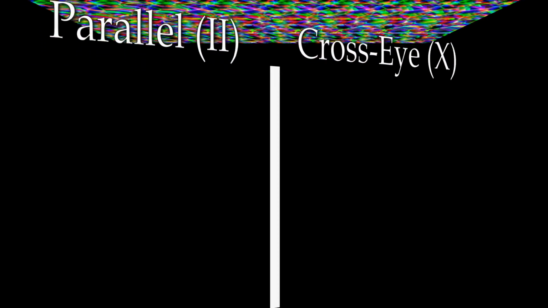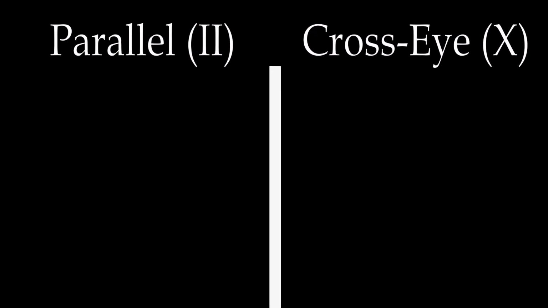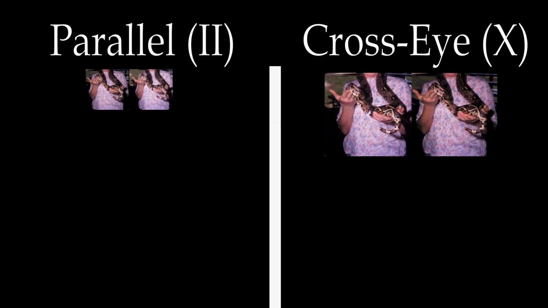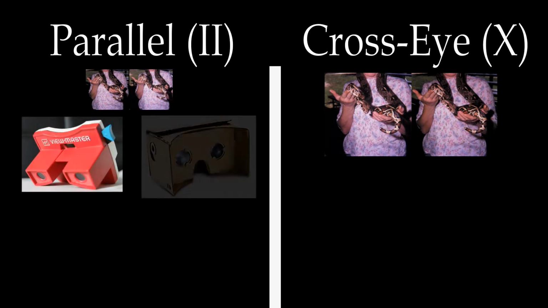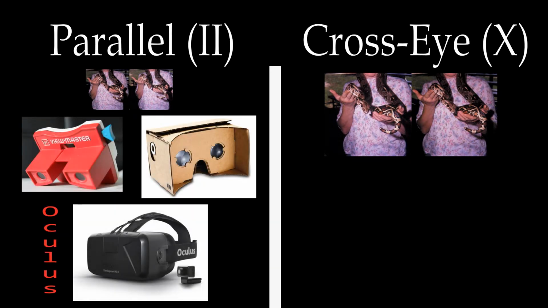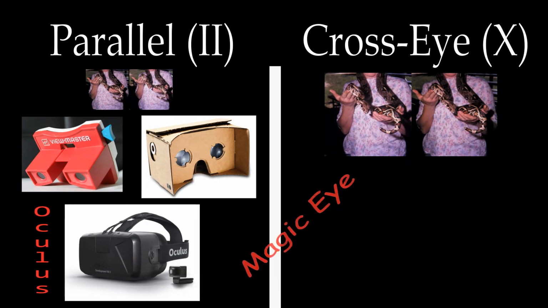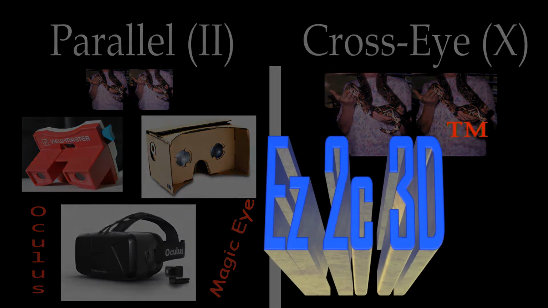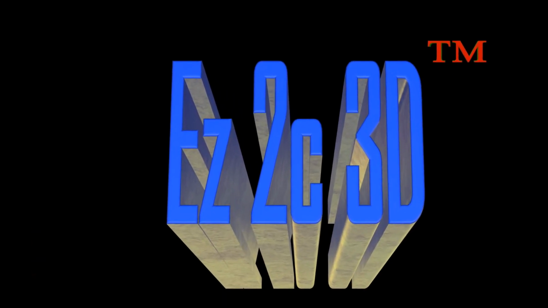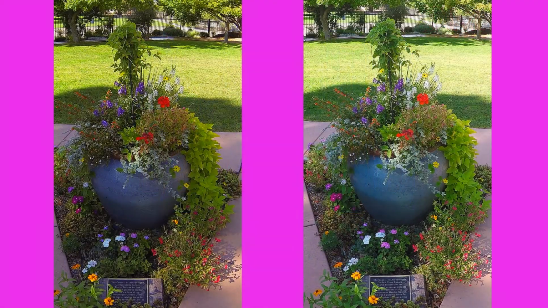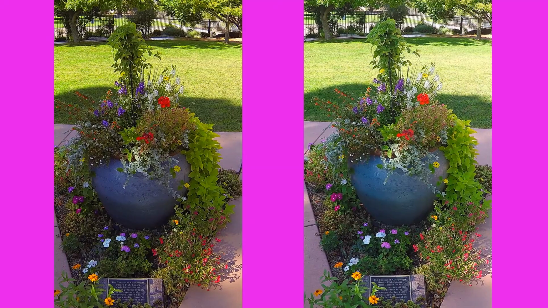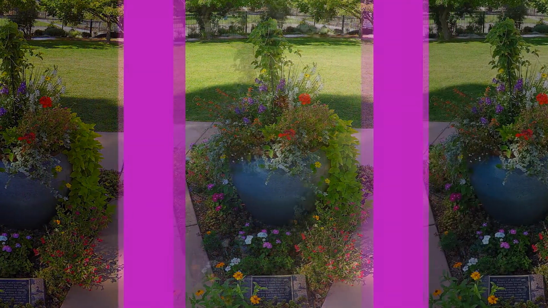Okay, so enough history. The main thing to remember is there were two methods for viewing: the parallel and the cross-eye. Parallel is easier to see, but limited as you can only see small images. This is used in Viewmaster, the new Google Cardboard, and I believe the Oculus as well. Cross-eye is used by Magic Eye, an easy-to-see 3D method, and it can be done a number of ways that we will go through with the simple paper answer at the end. The common method is to simply cross your eyes, which may feel uncomfortable at first, but we will go through the steps used by each one, and it should train your eyes